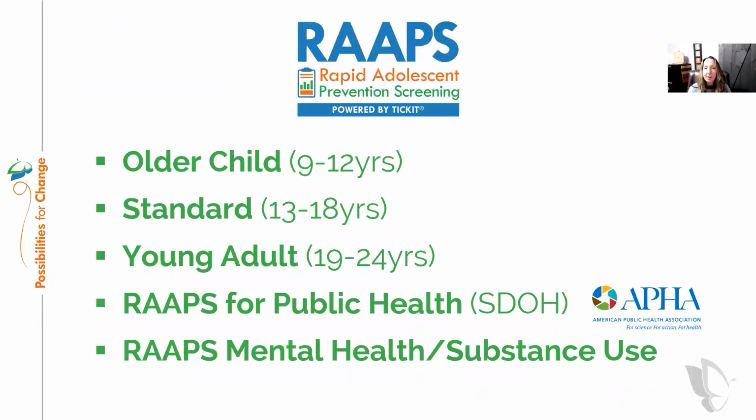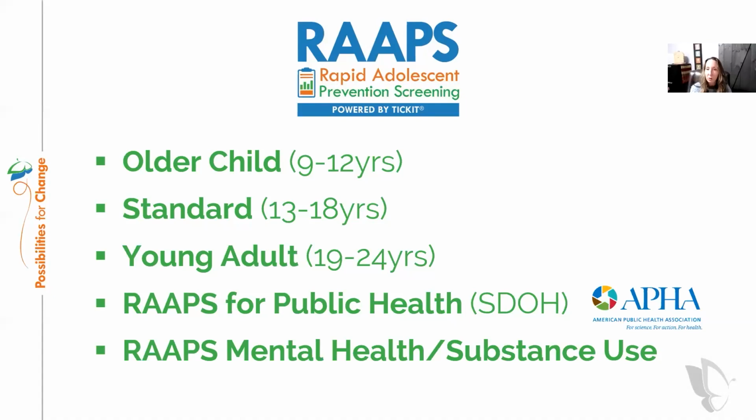Because brain development and risk factors really change dramatically during that adolescence period from 9 to 24, the RAPS system includes 3 assessments that are tailored by age. All 3 of those assessments are those 21 questions. In addition, we offer what we call the RAPS Public Health, which was developed in partnership with the American Public Health Association and includes 11 additional questions that assess social determinants of health affecting health, well-being, and graduation rates. So it really pulls in health, well-being, and academics as important pieces to consider, particularly if you're looking at social determinants of health.